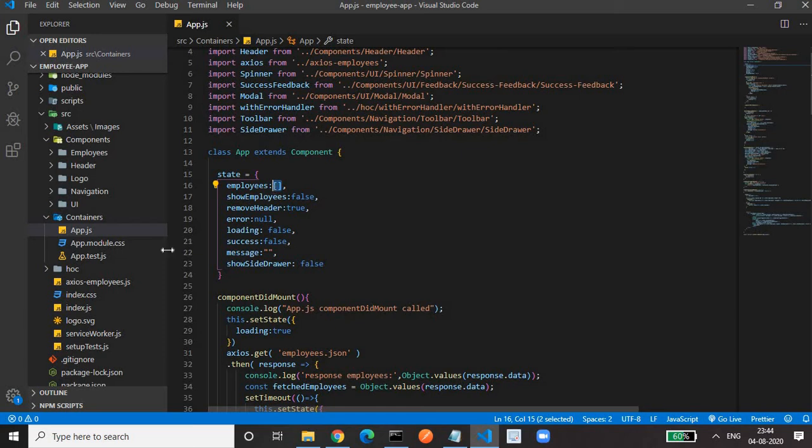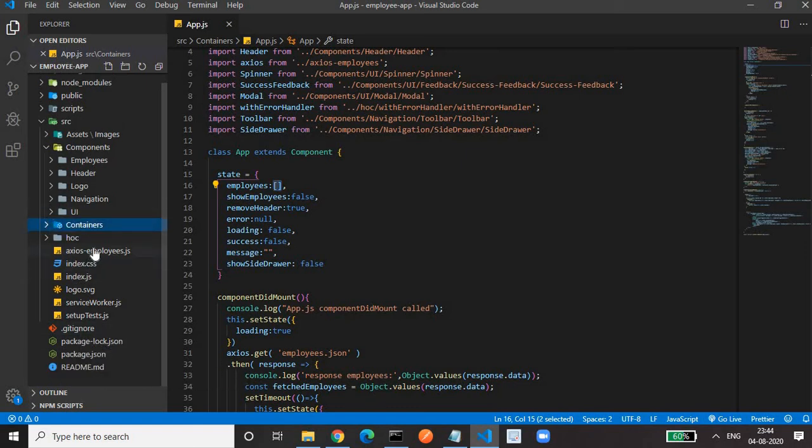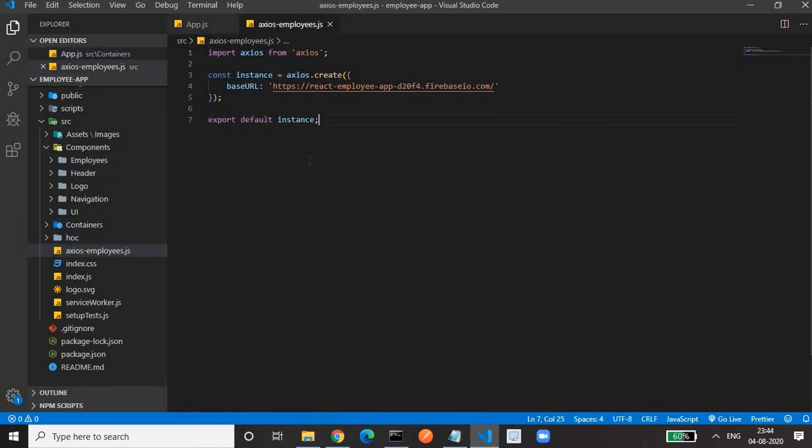For fetching from the database, we have to create an instance of Axios. I have created an axios-employee.js file, in which you have to import axios from the Axios package that we have installed. axios.create will create an instance and we will provide the base URL of your API.